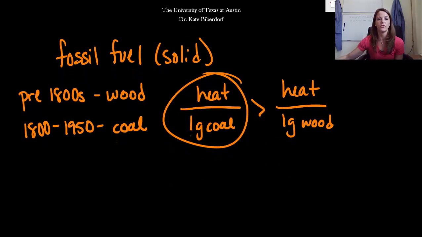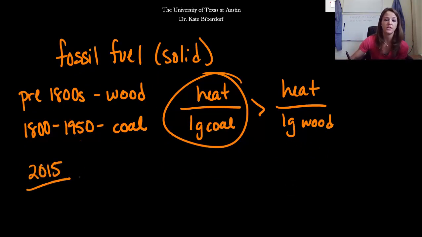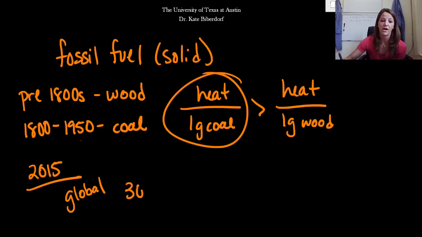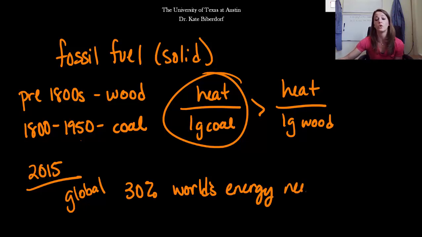So let's look at a couple things for current times, essentially, for coal. So right now in the year 2015, we have a couple different things I want to point out. So let's start by looking at this globally. Right now we use coal to meet about 30% of our world's energy needs. And some countries use coal a lot more than other countries. So for example, in places like Mongolia or South Africa, they use coal to meet about 93 to 95% of their total energy needs. So they are heavily dependent on their coal supply.